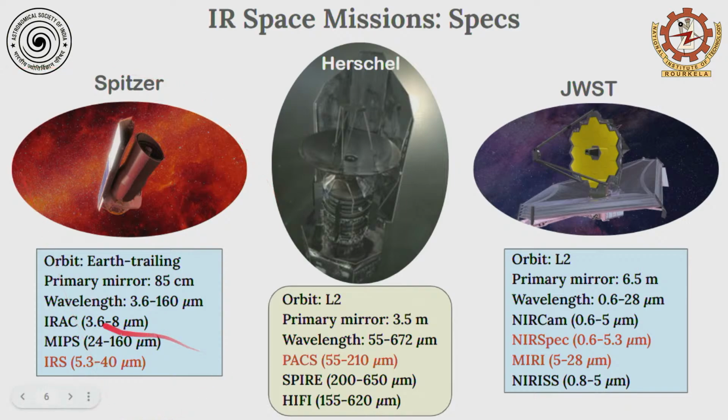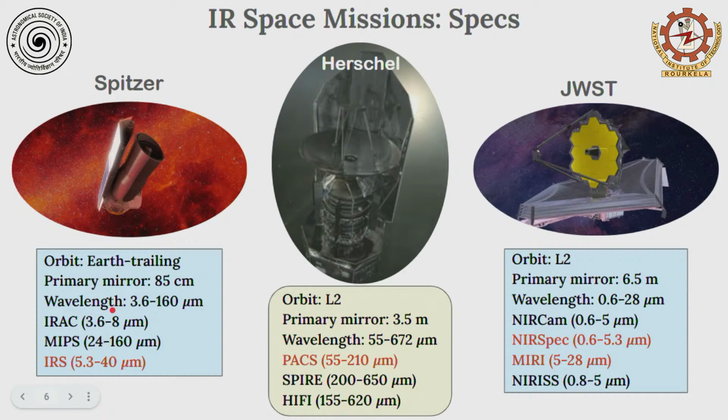Spitzer was launched in August 2003. It's in an Earth trailing orbit. It has a primary mirror of about 0.85 meter. It had 3 instruments on board. IRAC and MIPS were imagers, but the spectrograph was IRS, the infrared spectrograph, which had the wavelength coverage from 5